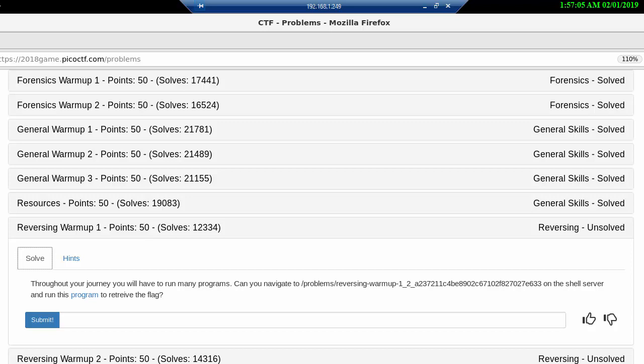This time we are over on a new topic, reversing. The problem title is Reversing Warmup 1 for 50 points. This one, I guess, is to introduce you also to the shell component of picoCTF and also what we call the path here. I'm going to add a few extras into this tutorial, but before I do that,